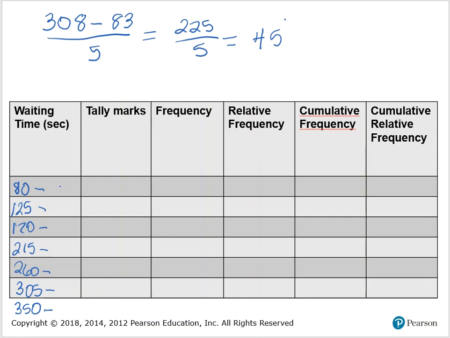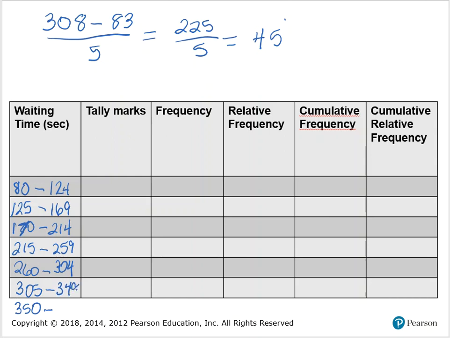So to find my next upper limit, I just look here. This is 125. I just want to back up 1. So 1 before 125 is 124. And then I just keep doing this. This was 170, sorry, that's a bad 7. Back up one, that's 169. Back up one, that's 214, 259, 304,